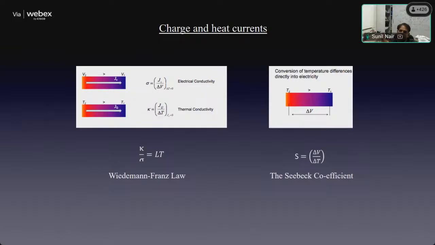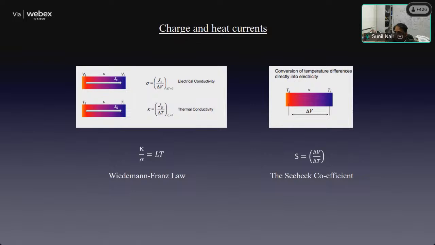Now, another related phenomenon which one has to bear in mind is thermopower, or the Seebeck coefficient. If I take a metal and apply a temperature gradient, that means I put T1 and T2, which are dissimilar, at two ends. I also get a voltage out of this, right? This is how your thermocouples work, for instance. You take two dissimilar junctions and put them together, and you can draw out a voltage.